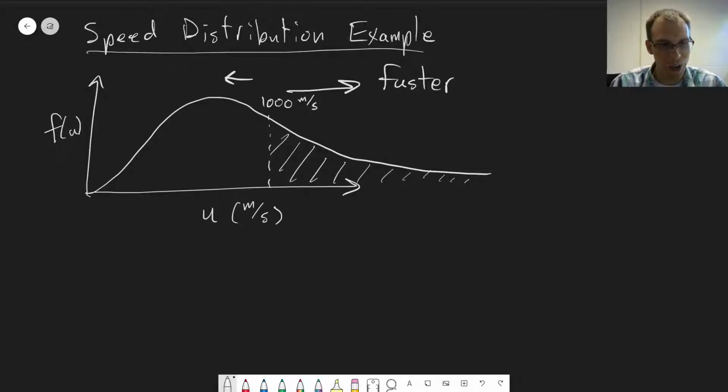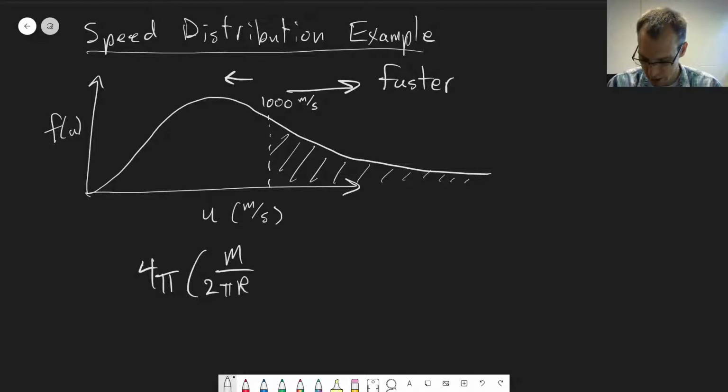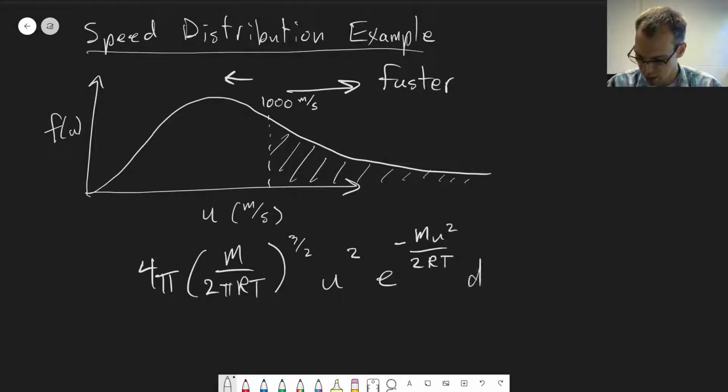So again, our equation we're going to integrate, that we need to know to put into Wolfram Alpha, is 4 pi times the molecular weight divided by 2 pi RT raised to the 3/2 power, times the speed squared, u squared, and then the exponential term, e to the minus m u squared over 2RT, du. And the important thing we need to figure out here is what are the limits on our integral,